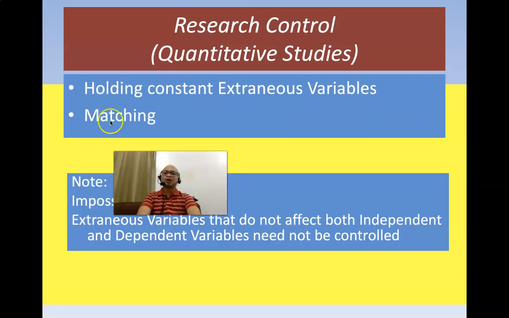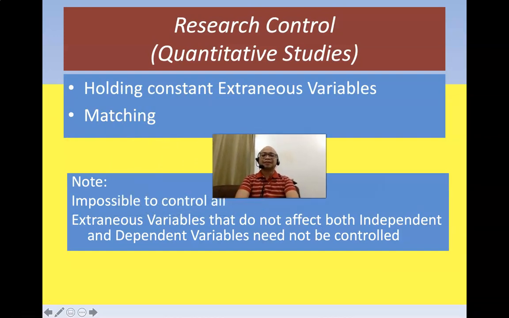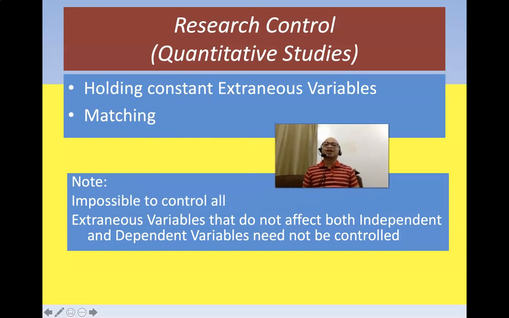Okay, so how do we control or how do we prevent bias? So holding constant extraneous variables and matching is very important. So you have a matching population. For example, you have randomized the two groups into two groups. You have the experimental population, you have the control population, and then you match. So matching, which by the way,